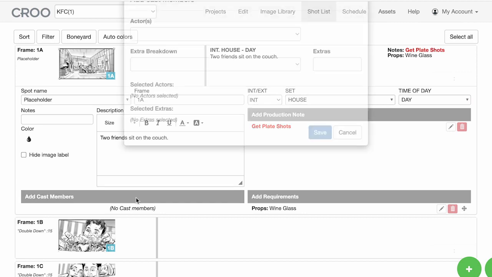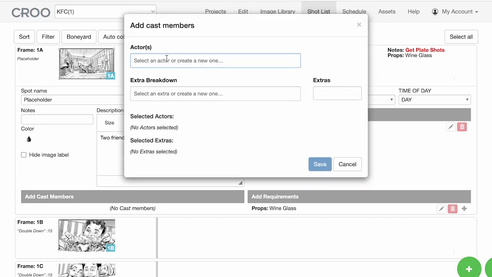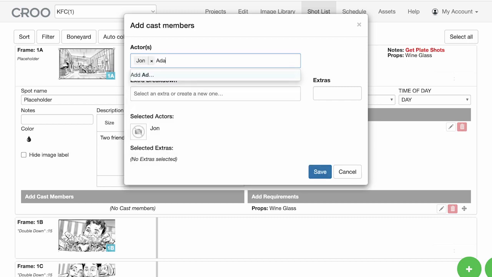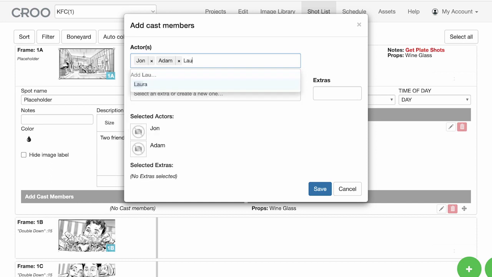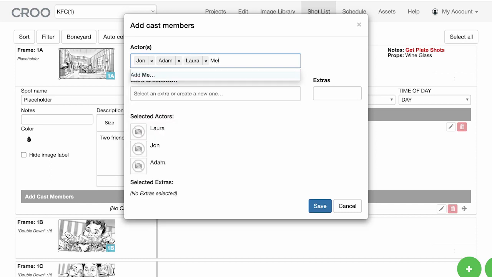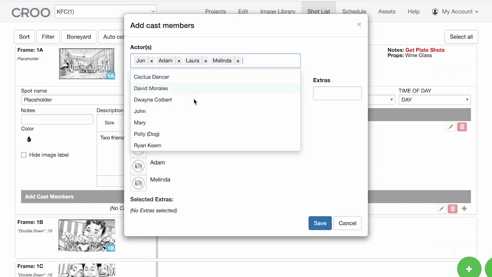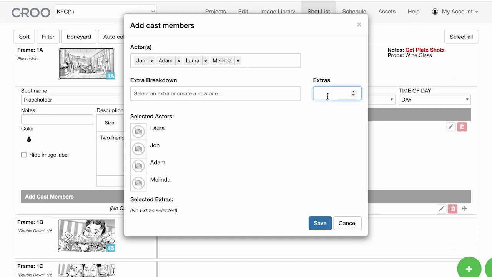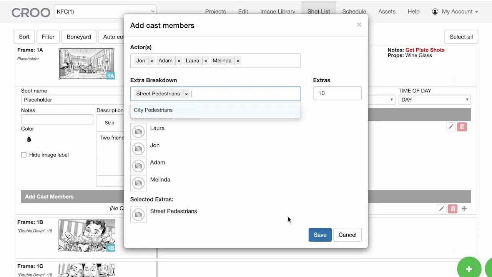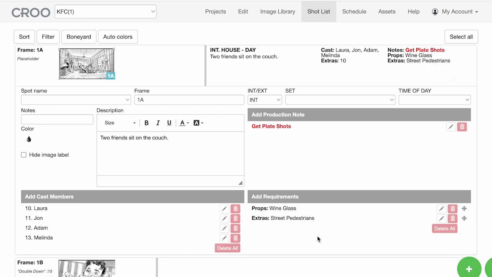Click on the Add Cast Member bar to add actors to your shot. Actors will be assigned a cast number in the order that they are entered, but can be rearranged later on the Assets page. You can enter multiple actors together in one window. You can also enter an extra breakdown and the number of extras per scene. Extras are considered requirements by the app so that you may display them in the cast column, the requirements column,